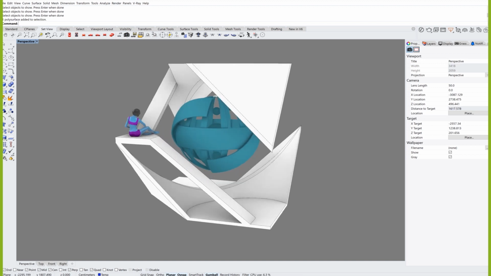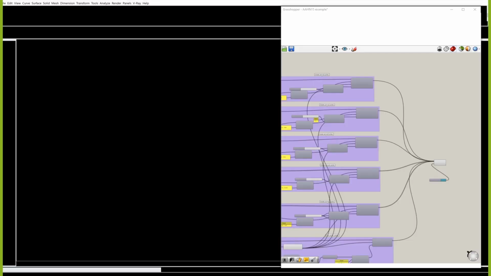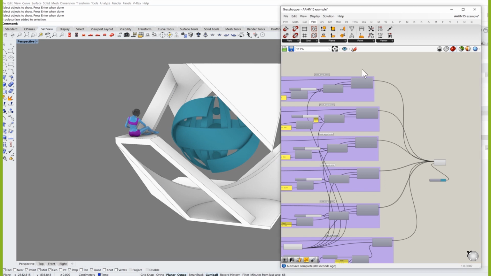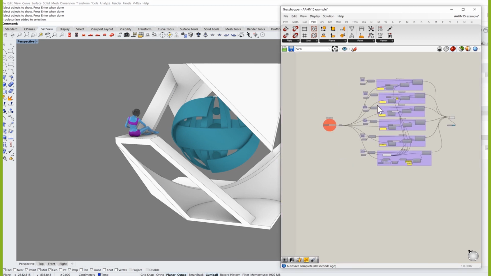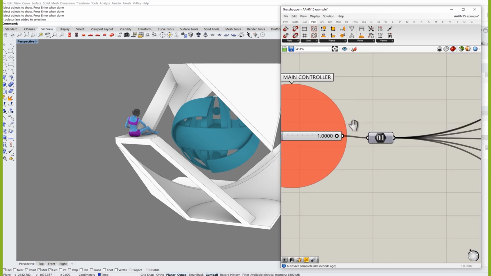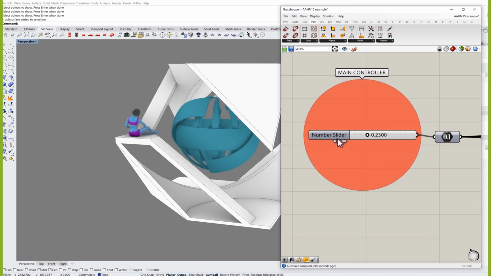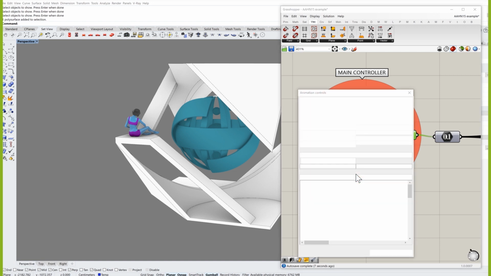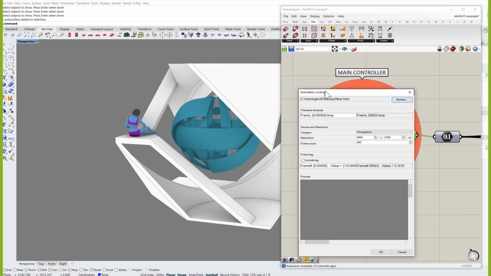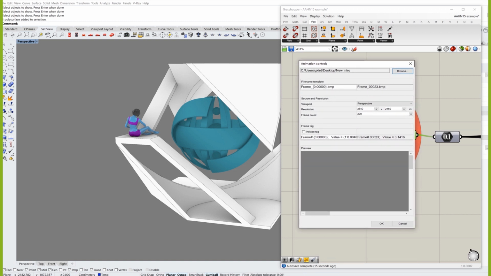Center it a bit, and then even without having Vray, I can record a video of this slider changing. I can do that by, first of all, setting the slider to 0, like that, and then right-clicking on the slider and clicking on animate. It gives me all of the animation controls. So I specify